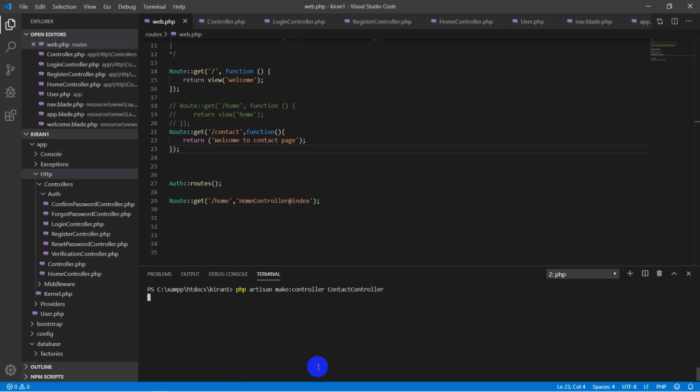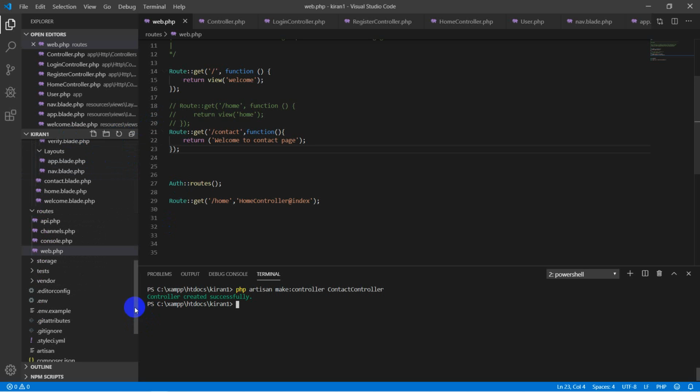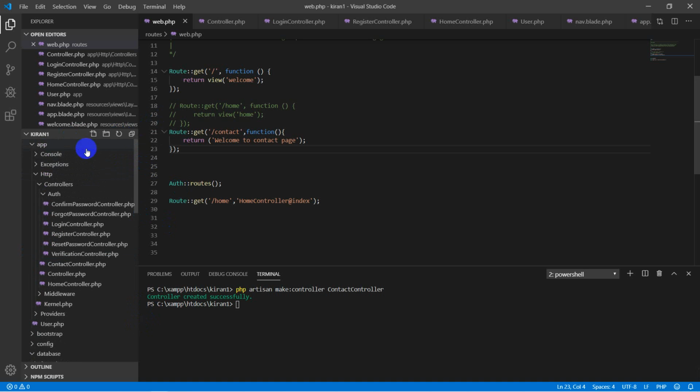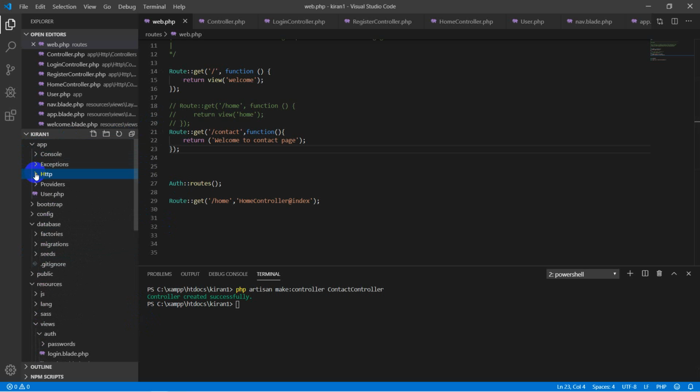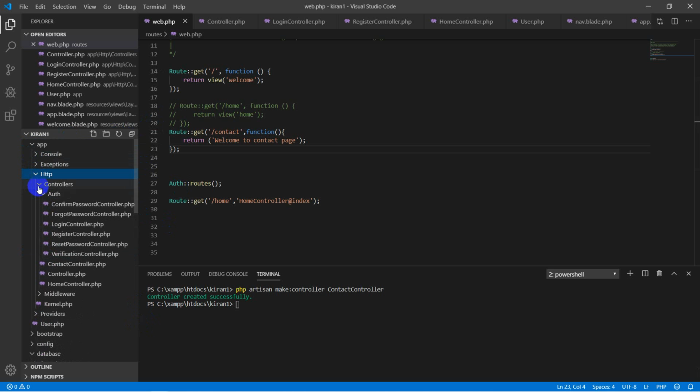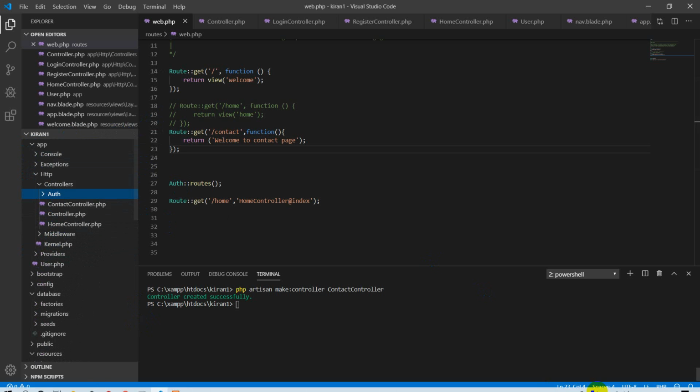For that, go to app, then http, similarly controllers, and you will see the newly created controller there.